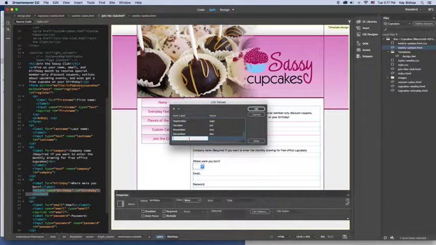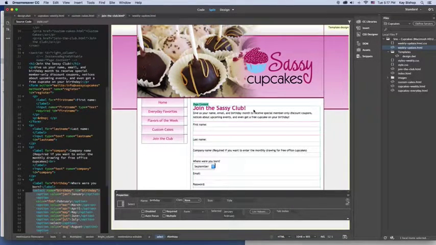So go ahead and type the months in. For the last field, type in select with no value. And you can click on the up arrow to move that select item to the top of the menu and click OK. Choose select in the properties panel, and we can look at the code. All of these months are input as select options, and the select name is set as a required field, so that will